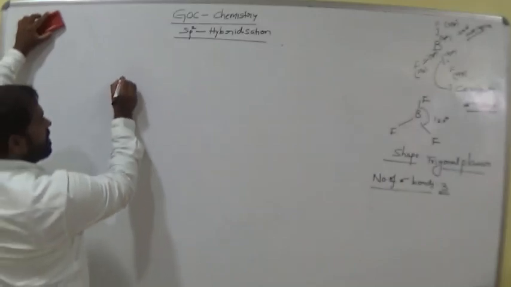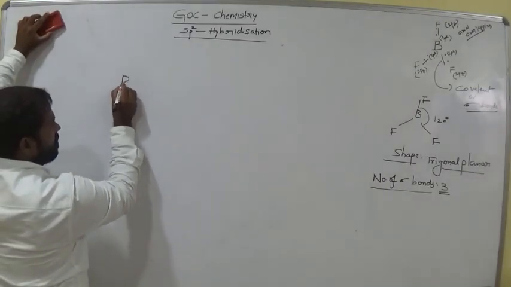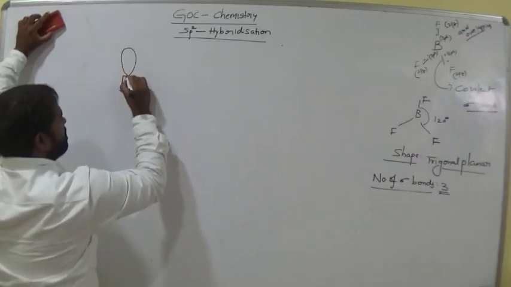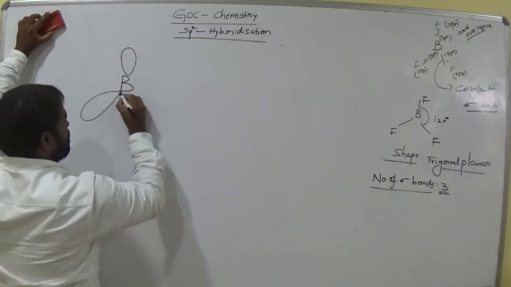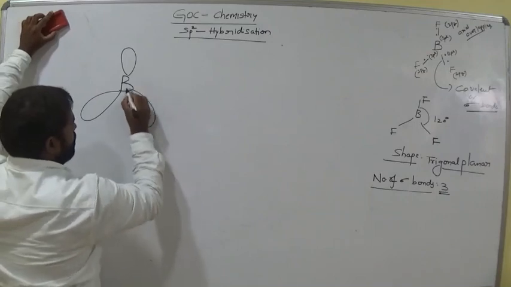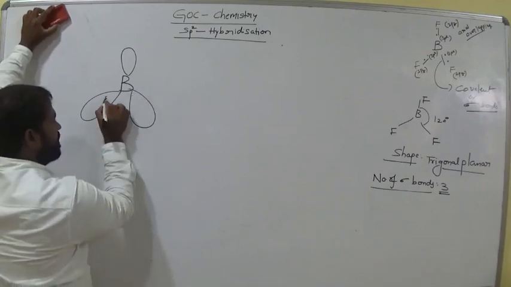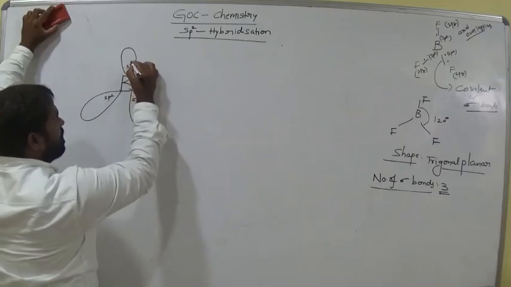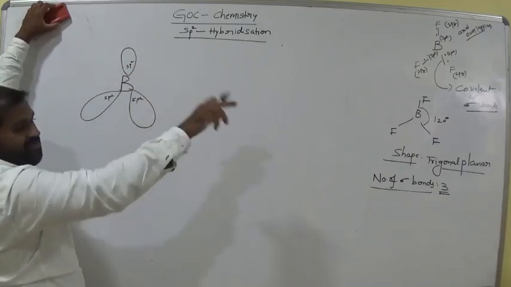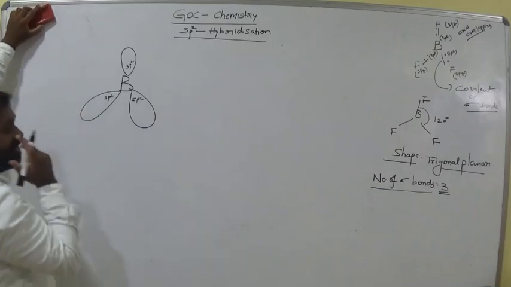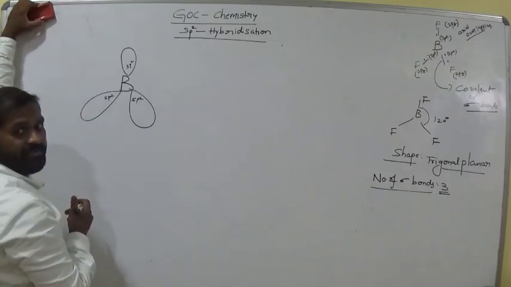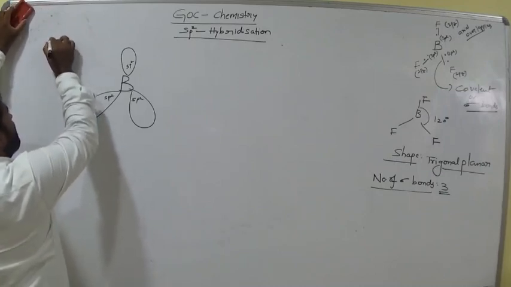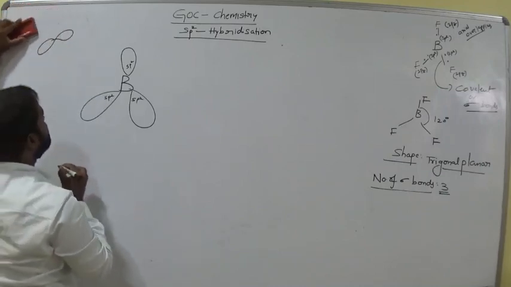So orbital representation, this is the boron. Now it has 3 sp2. These are sp2, this is one sp2 hybrid orbital. Now it interacts with F orbital, am I right? In the F, which orbital is it? F p orbital. 2pz is a p orbital. What is the shape of p orbitals? This is the shape of p orbitals, am I right?